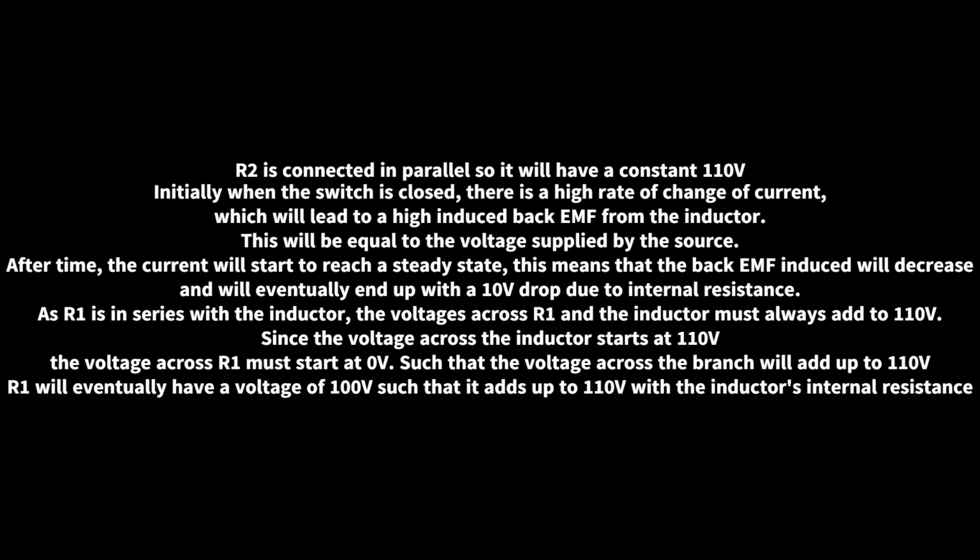internal resistance. As R1 is in series with the inductor, the voltages across R1 and the inductor must always add to 110 volts. Since the voltage across the inductor starts at 110 volts, the voltage across R1 must start at 0 volts, such that the voltage across the branch will add up to 110 volts. R1 will eventually have a voltage of 100 volts, such that it adds up to 110 volts with the inductor's